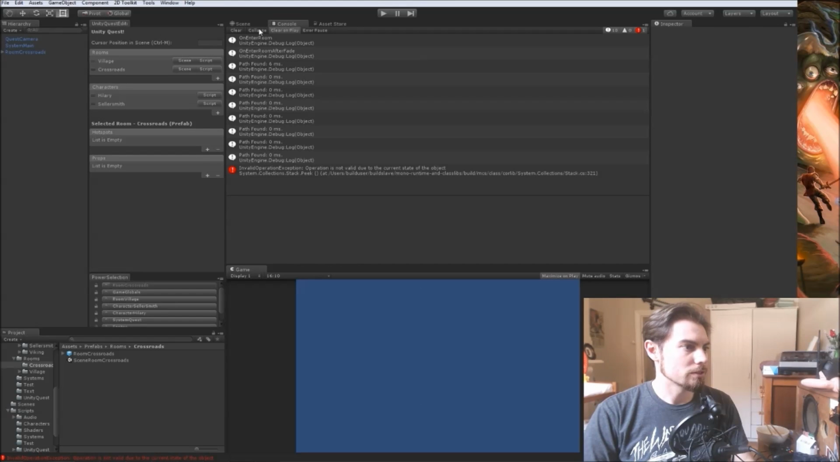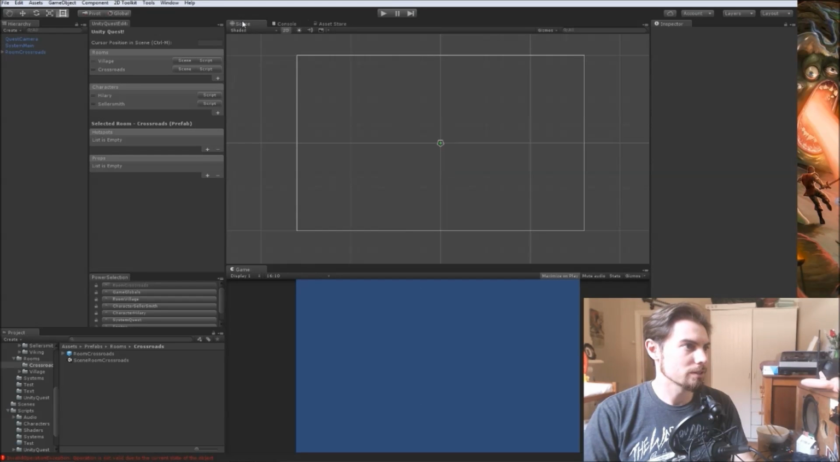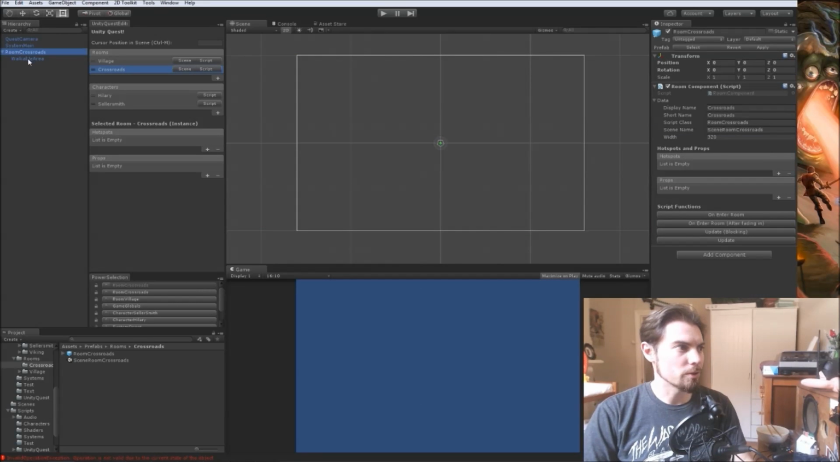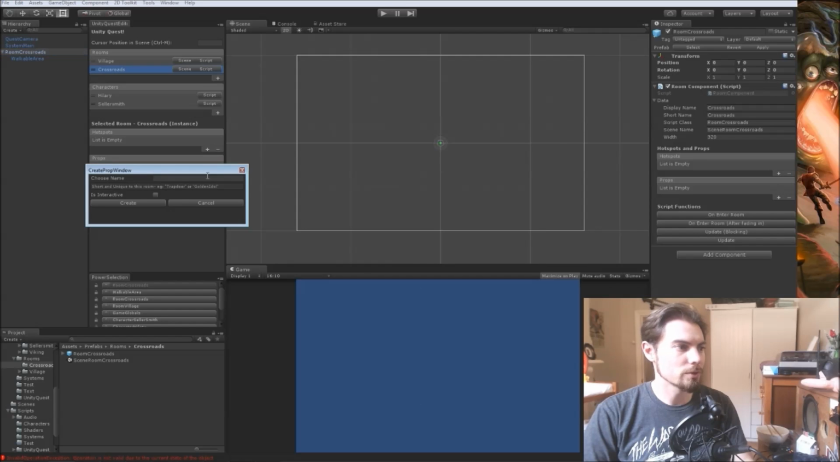Oh, got some errors. Hopefully that's nothing bad. So that's added this here. You can click scene to skip between the scenes. It's just added an empty room. It's got a tiny walkable area, but nothing else. The first thing you do is add some props, because that's what has visuals. So I'll start with the background,